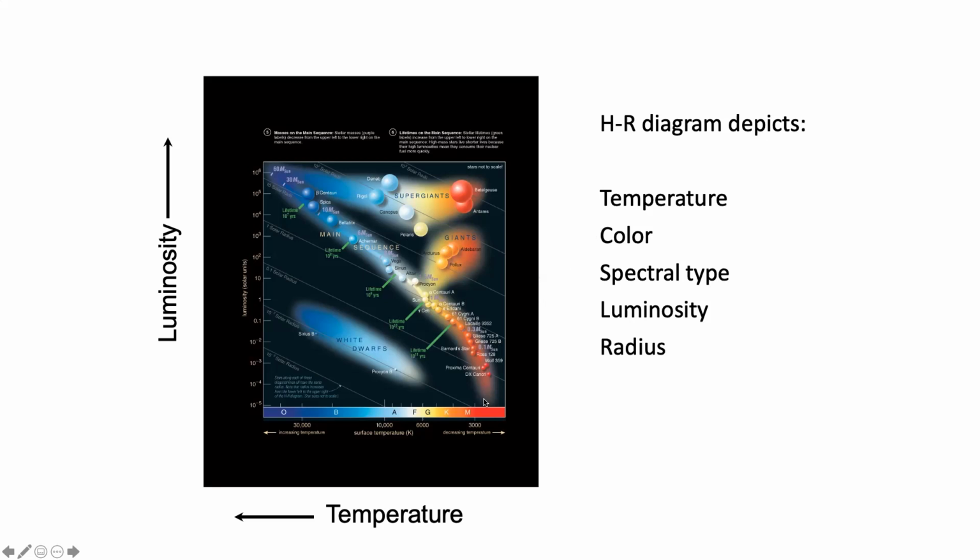All right, so we can get information about temperature. We can get information about color. We've got spectral type on the bottom. Remember that knowing the spectral type would also indicate what kind of absorption spectra we would expect to see coming off of these stars, and we can get a little bit of information about what's in their atmospheres. We can get information about luminosity on the y-axis. And then on these diagonal lines, which we don't always see when looking at HR diagrams, since not all HR diagrams are displayed exactly the same way, we also get some information about size, the radius of these stars.